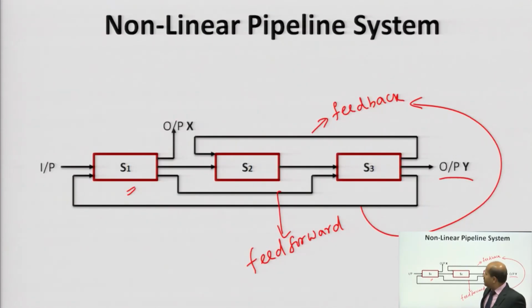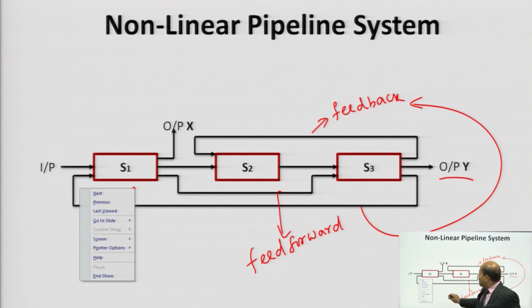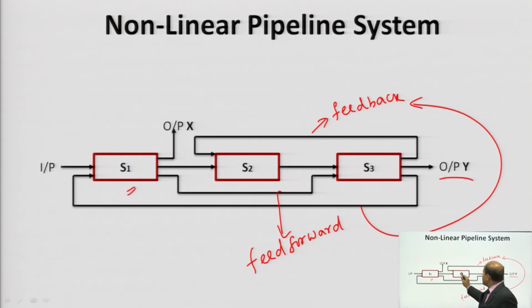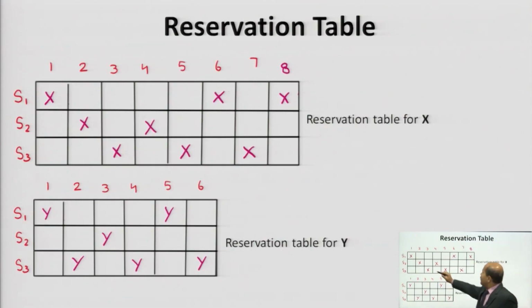Now, we can move from S1 to S2, or we can move from S1 to S3 directly, it depends. If we are following some sequence, then obviously we will jump to S2, then from S2 to S3. So, you can see from S1 we are jumping to the S2 stage, and from S2 we are jumping to the S3 stage,